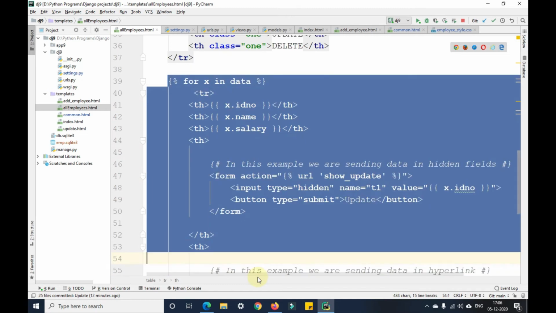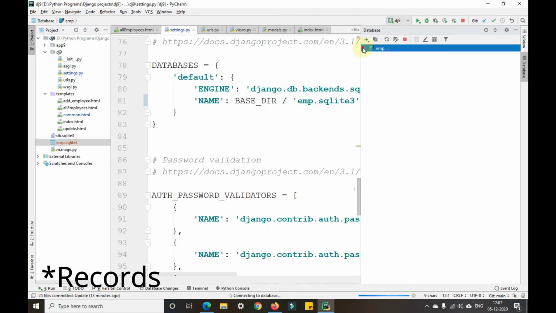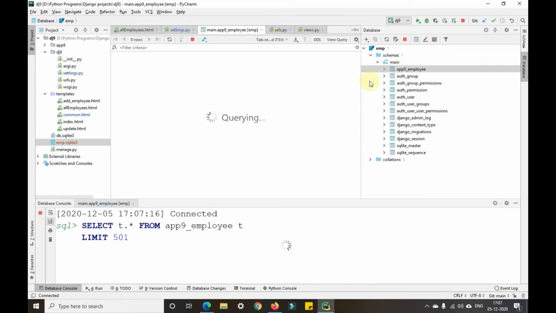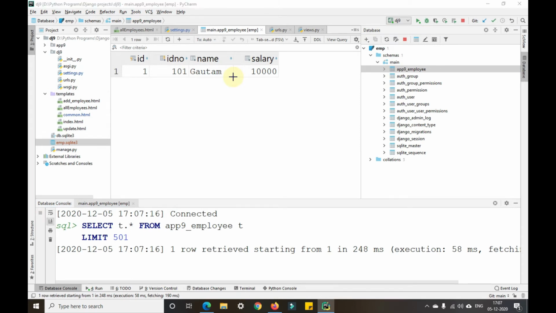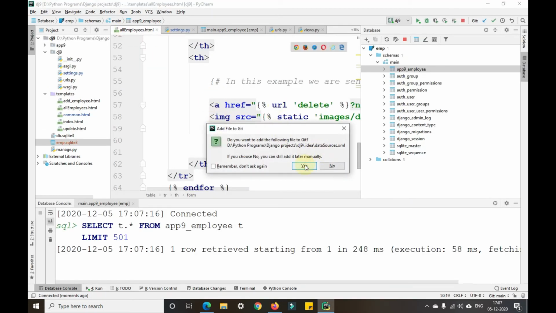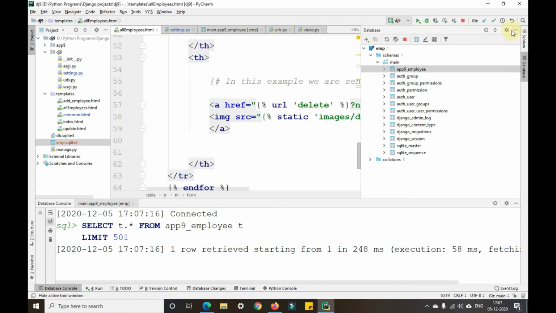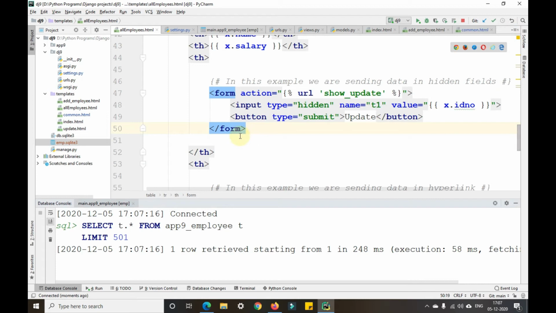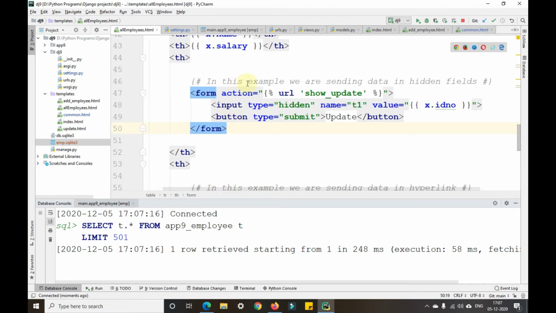This particular for loop executes for the number of records in that particular database table. Since there is only one record here, this for loop is executed one time. Okay. After that, see, in this example we are sending data in hidden fields.